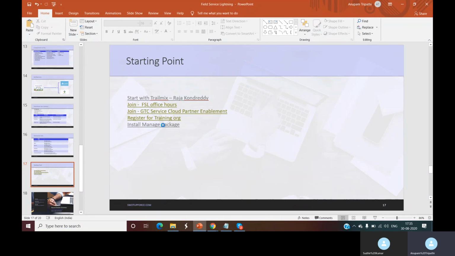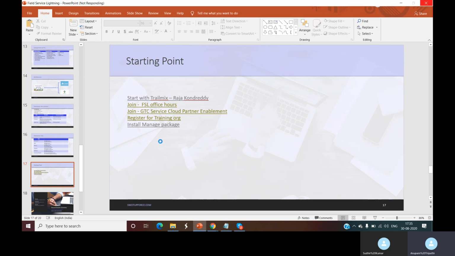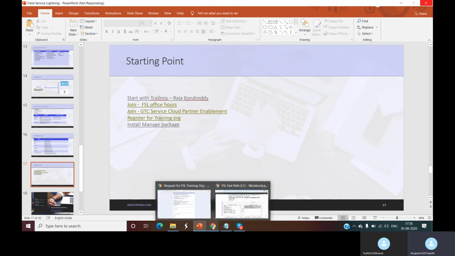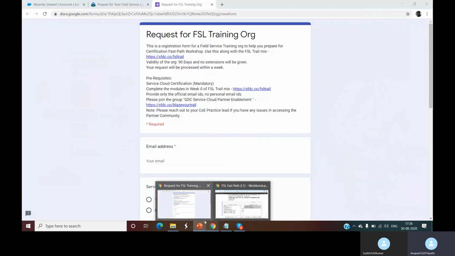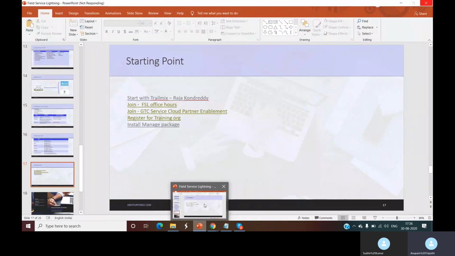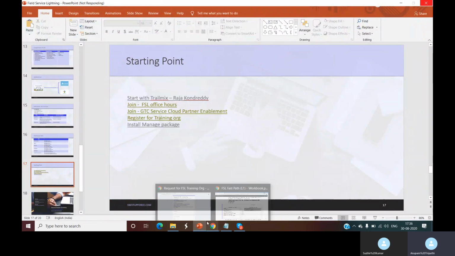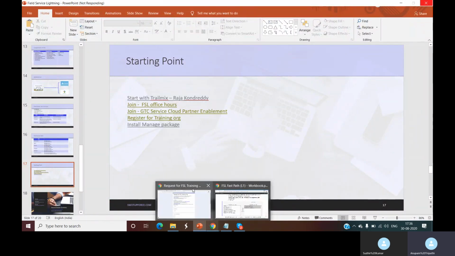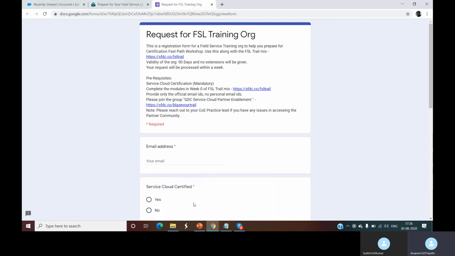So we have done the registration, and then there's the install managed package step. Once you have created the org, as I told you, you have to use the managed package to use the advanced features of Field Service Lightning. I believe you must be aware of how to install a managed package, but if not, I will tell you how to do that. So here, let it open.